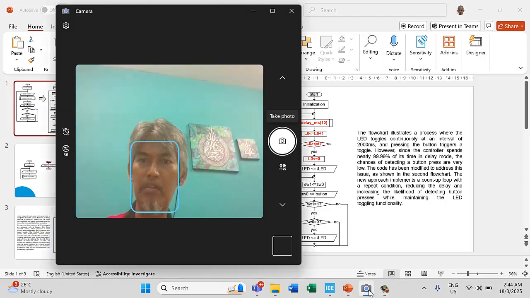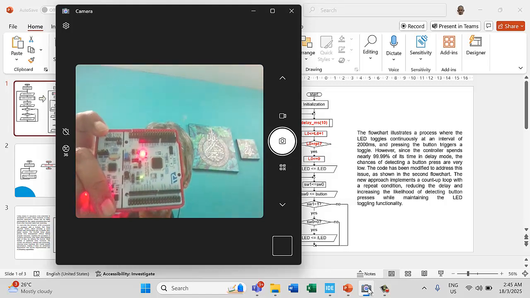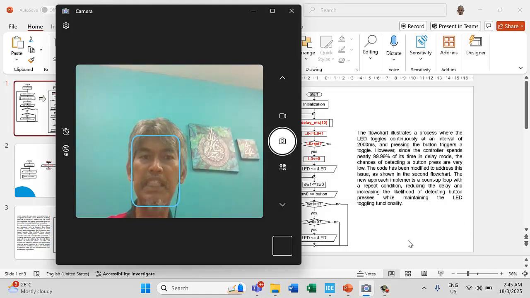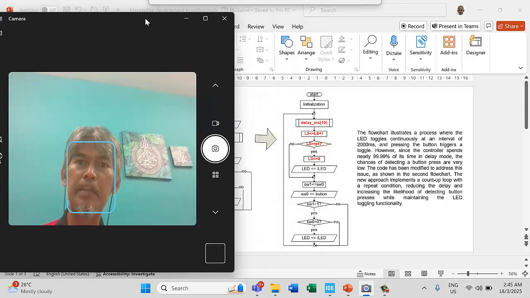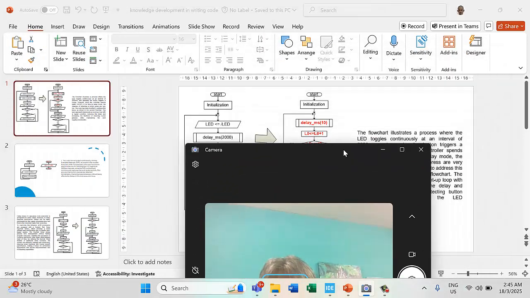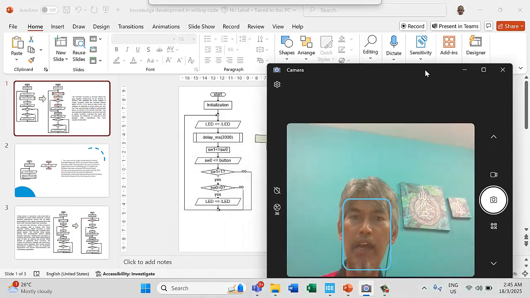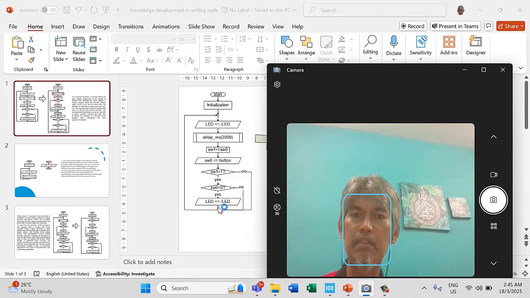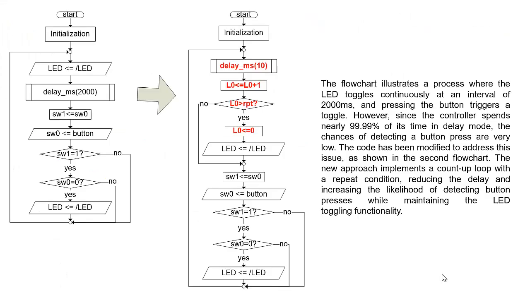Hi, I'm Ismail. Tonight I will show you how to write code for the Nucleo 401 for the simple problem which we have discussed in the class. We discussed how to toggle the LED at a 2000 millisecond interval continuously, and while pressing the push button, we toggle the LED. If you see the flowchart here,